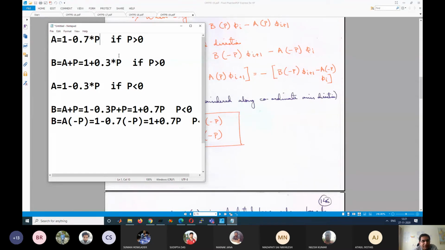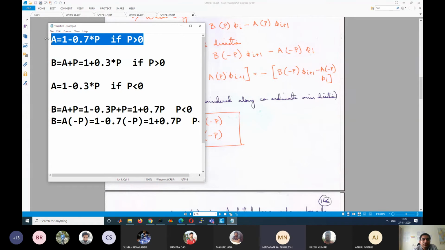So my main point, what is the main conclusion from this? Nikhilesh, can you answer? Why have I gone through all this pain to describe this? What is the advantage of knowing this? Not much idea, sir. We can see that we only need to know the value of a for the positive Peclet numbers. Only this much is known, nothing else is known.